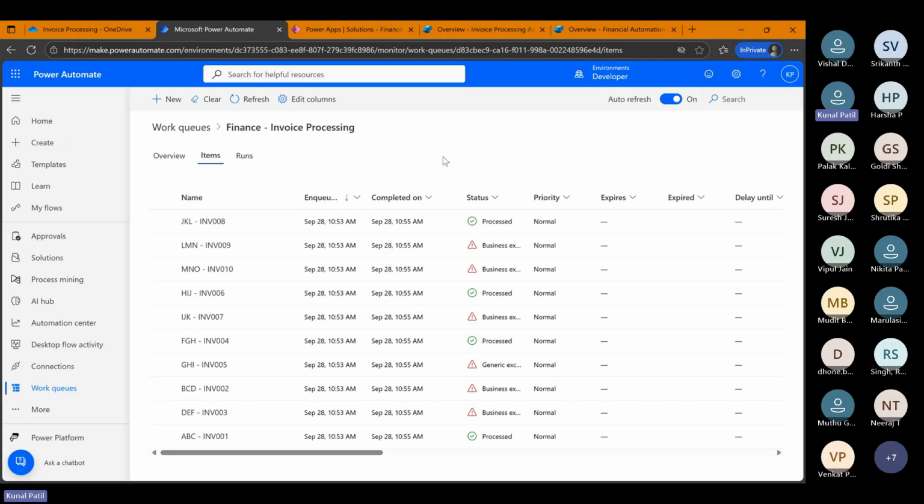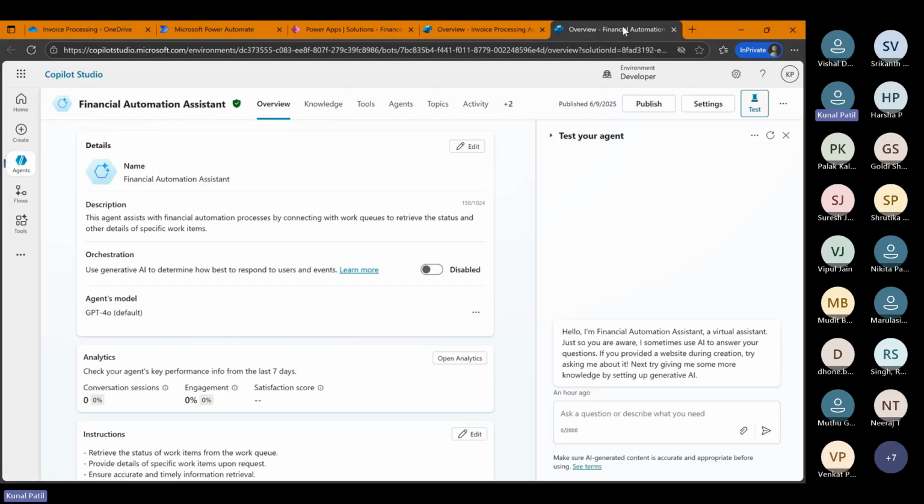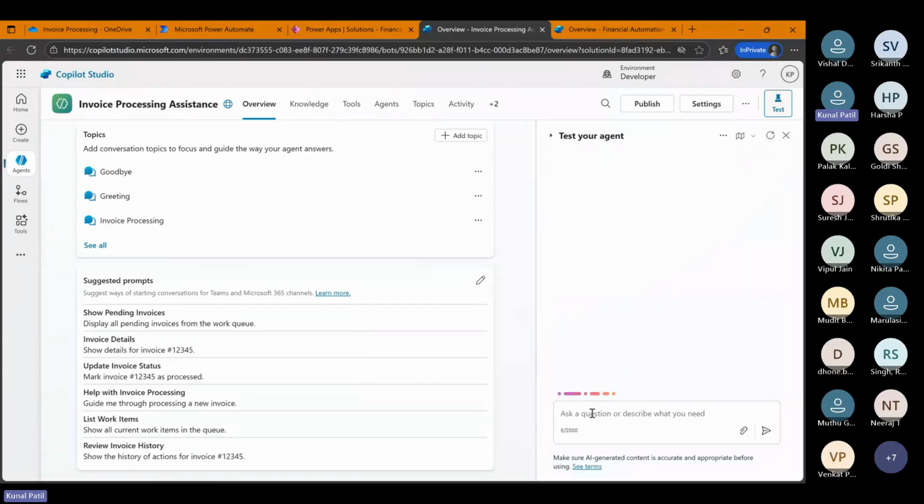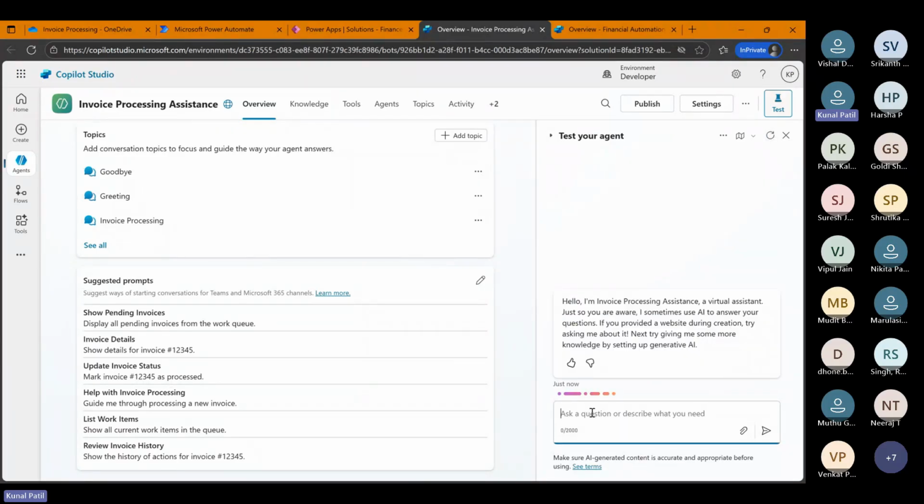But you must be wondering, where is my Copilot Studio here? Now this is an end-to-end automation solution, but I'll show you how you can interact with this solution. So I have my agent. Let's say I have created my agent here, and now I'll show you how it works. Let's say I prompt my agent,